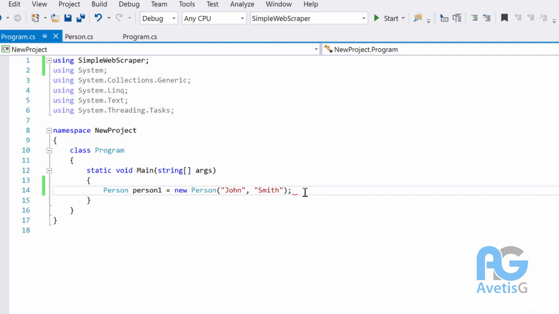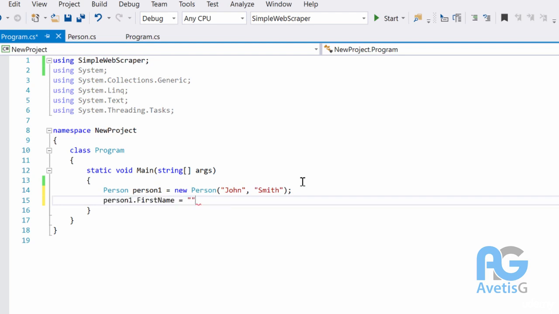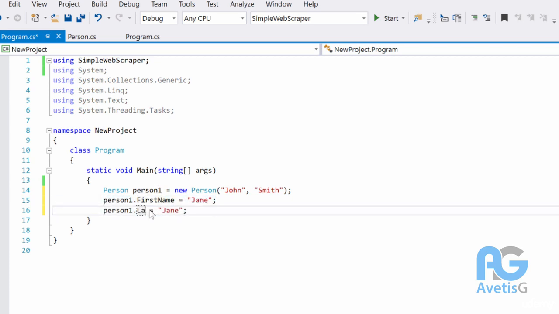And I also have access to, so actually let's do person1 dot first name equals Jane, and then let's say person1 last name equals Smith, but with two H's.